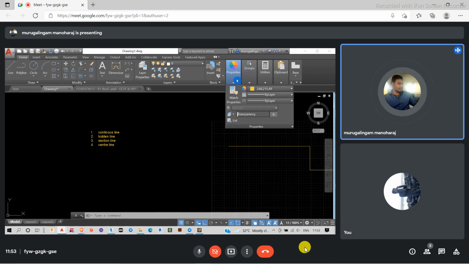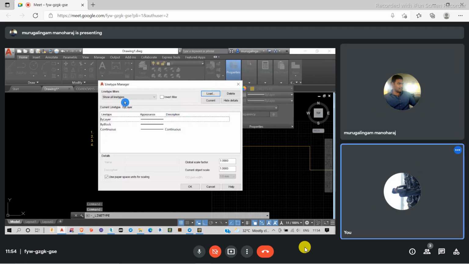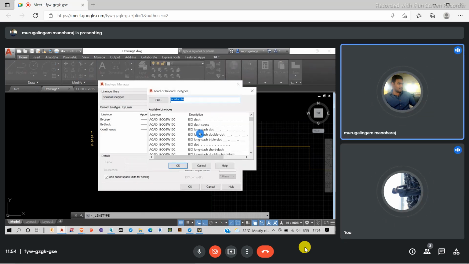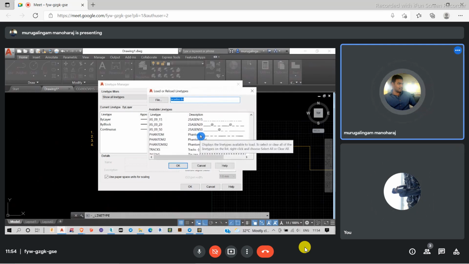I'm coming over here and getting into the third option. Here, if you see, we have all 3 options, and all 3 options are just a continuous line only. Suppose I want to use the other types of line, I have to click the other options here, and here I have to click the load option. In the load option, I will get all the different kinds of lines.